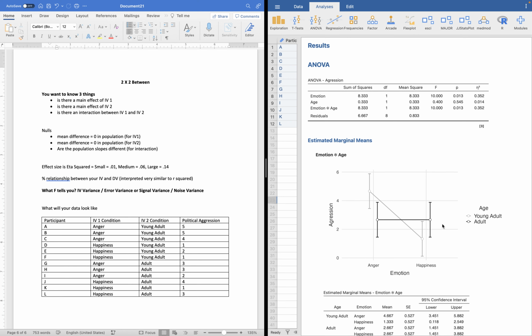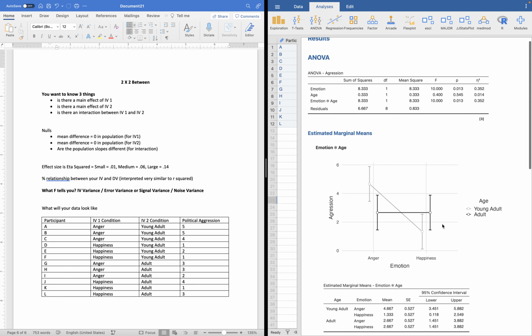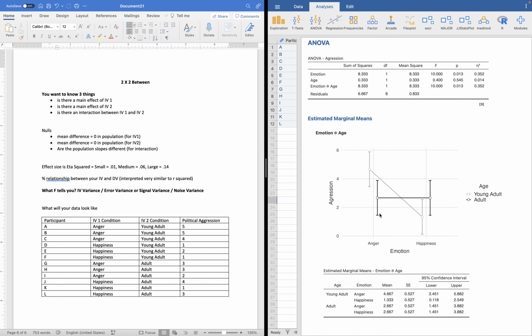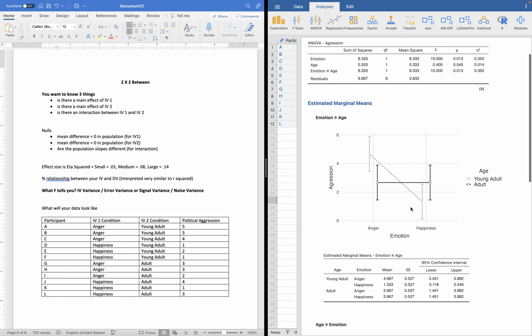We're angry or we're not, and that's where it is. It's not impacted by manipulations like young people's would be. I can see that in this graph right here. That makes sense. I understand that interaction. I can describe that to anybody. Basically, for adults, the manipulation had no impact. For young adults, the manipulation had the impact we expected: anger increased political aggression in comparison to the happiness